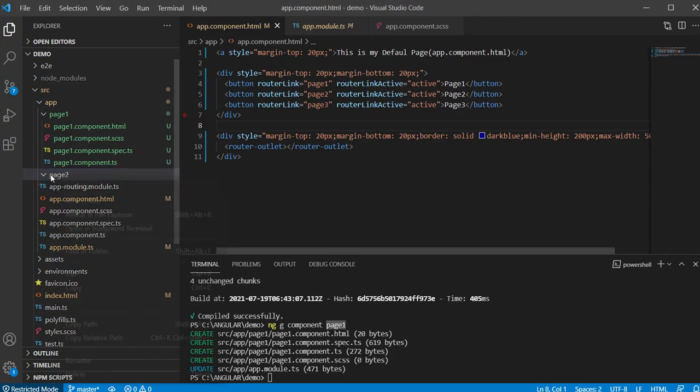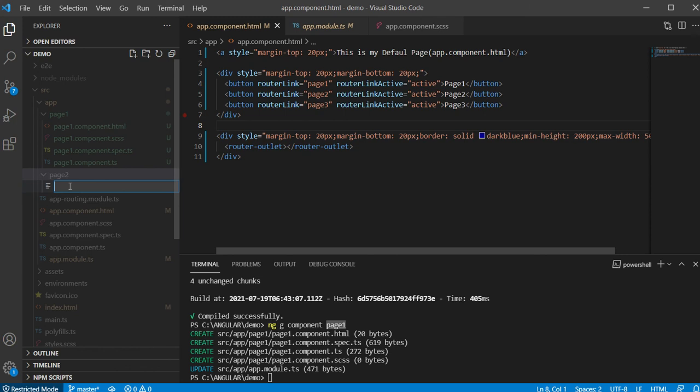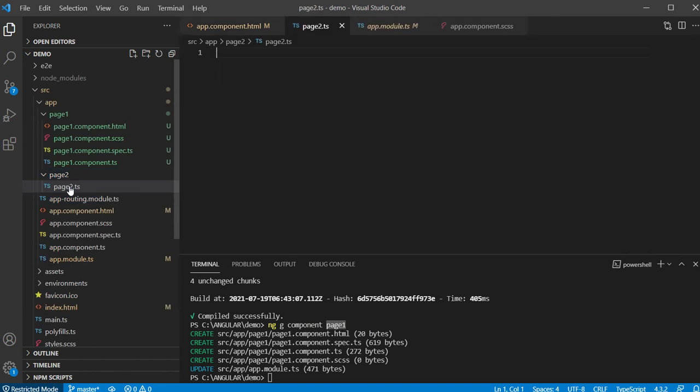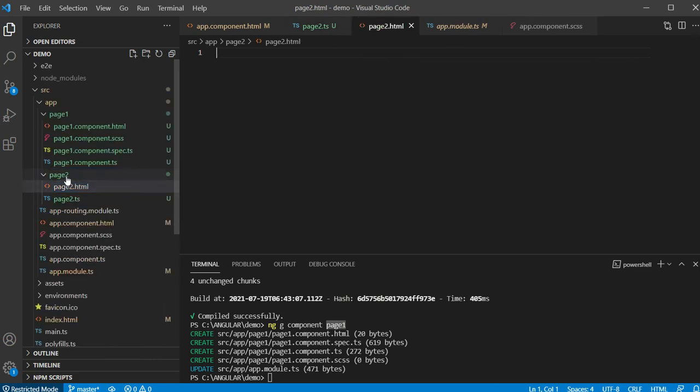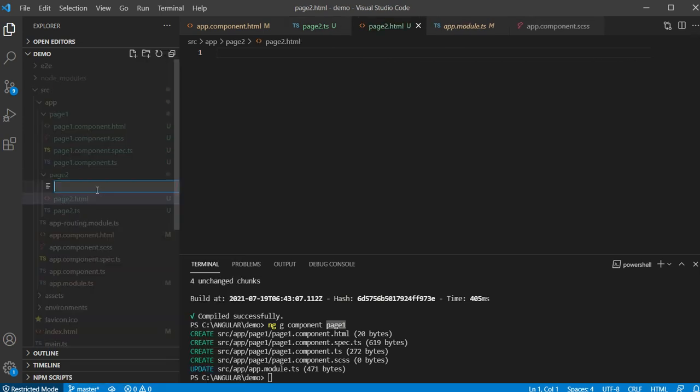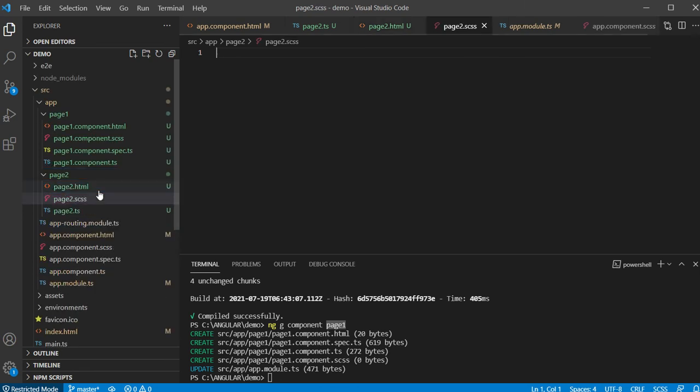Now I create a ts file, page2.ts, and press enter. Similarly, a new file, page2.html, and I would need a new file, page2.css, or you can use scss, and press enter.